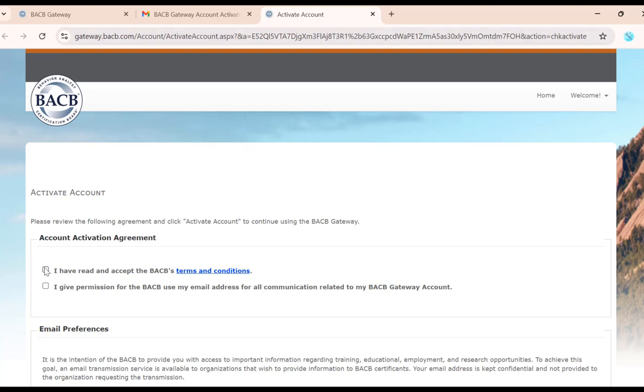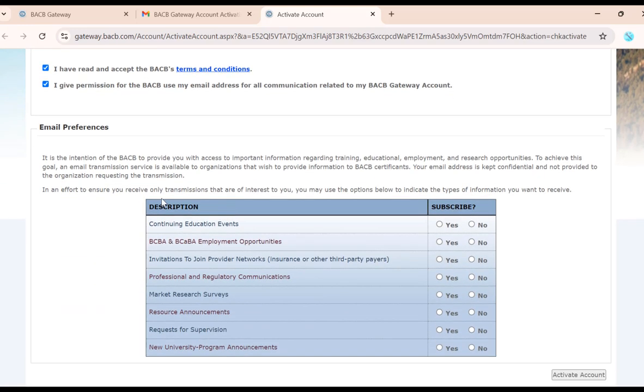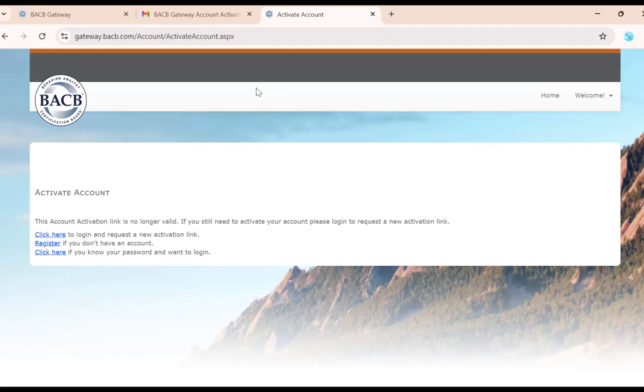You will read the terms and conditions. I've already read them because I have an account. And then you will click that you've read it. You give them permission. They're going to activate the account. You choose what you want to subscribe to or not. And then now that your account's activated,